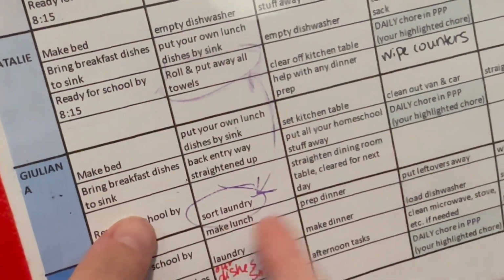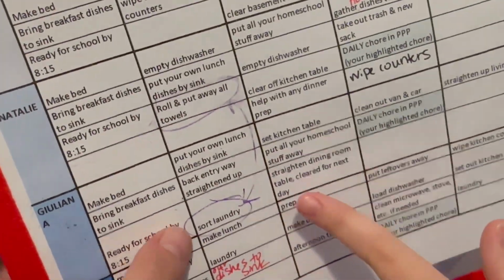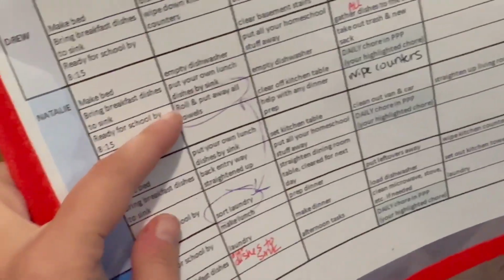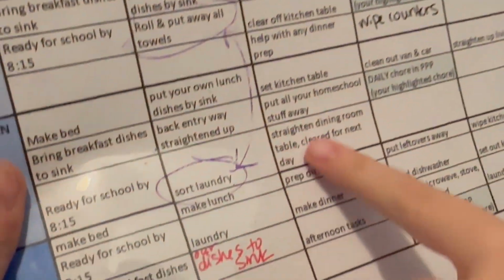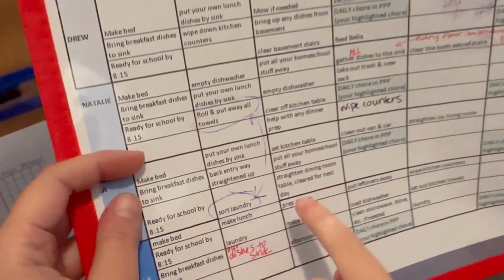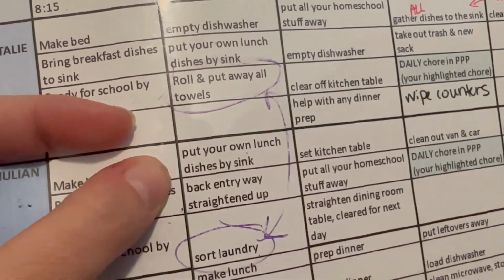It should be right there, but we switched. Oh yeah, you switched. I've got to reprint this. So if we have clean laundry that is towels, it's your job to roll them up and put them away in the linen closet. And then before-dinner chores. Wait, so at lunchtime, put your own lunch dishes away. In the back entry,